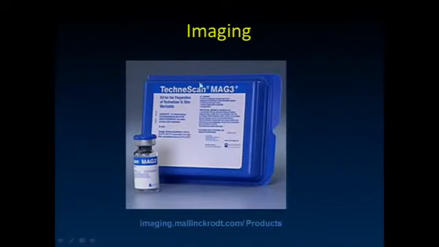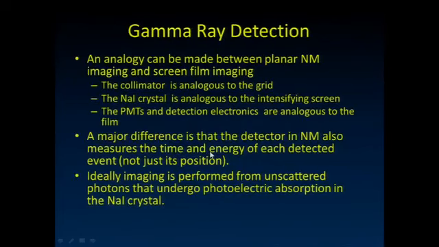So for instance, here's MAG3, one of the renal scan agents, right? Basically you just pop the top off this vial and inject the appropriate amount of pertechnetate into it. So we've talked a little bit now about how radioactive decay occurs and what some of the ideal things we'd like to see in imaging agents are, but now how are we going to stop that